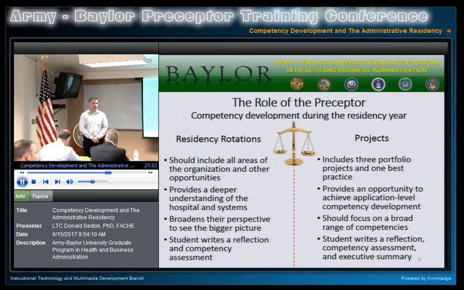We can assess them on how well they do on tests and some of the academic stuff, but this is what completes our program to make them great academics and great healthcare administrators. And their orals board tomorrow, their answers are evaluated based on these competencies. That's the keystone event for them to go through. As Forrest said, there's a couple of touch points where we're doing both subjective and objective evaluations